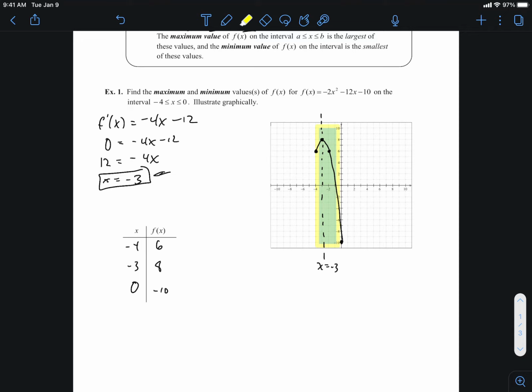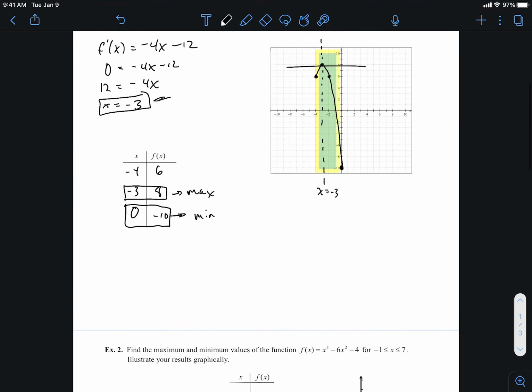Okay, now after you've drawn the graph or plotted the points, you can now identify that when I have -3 and 8, that's a max, right? You can see that's a maximum. Okay, but in this situation, f of x has a minimum as well, right? It's right here. On this specific interval, we have a minimum as well, right? A minimum y value that it takes, right? So we can say the maximum along this interval specifically,